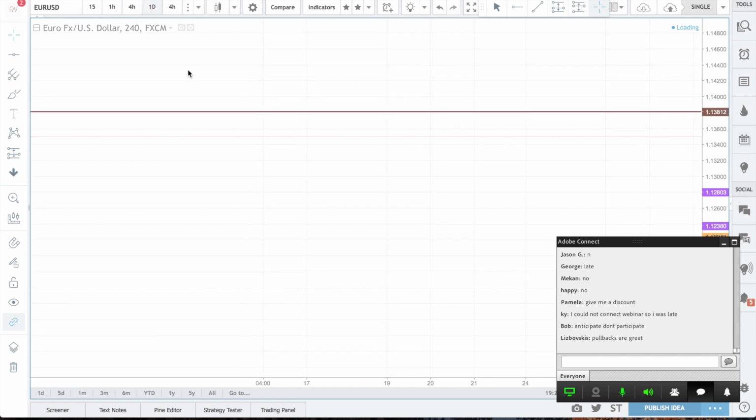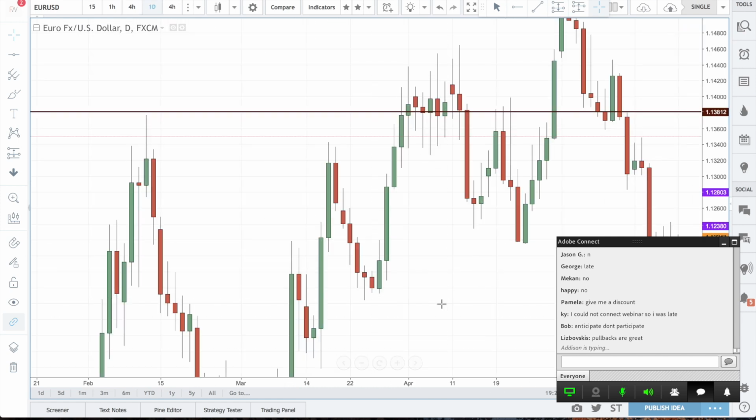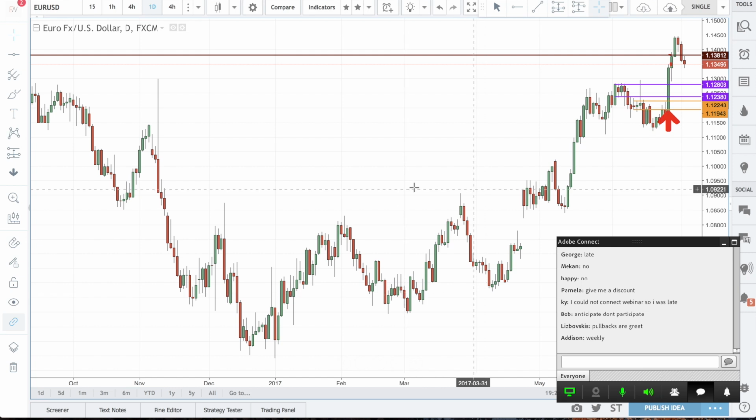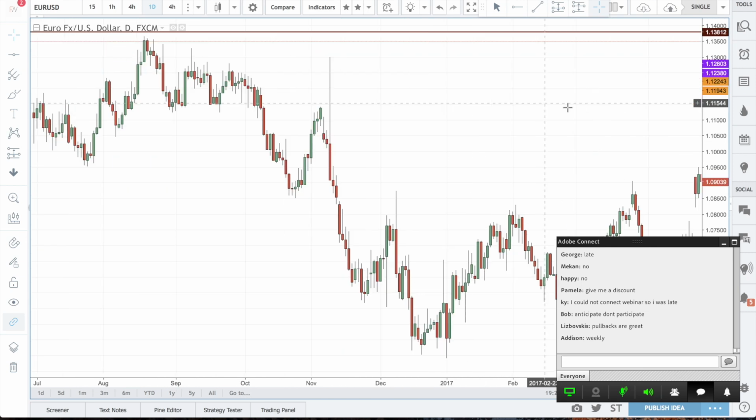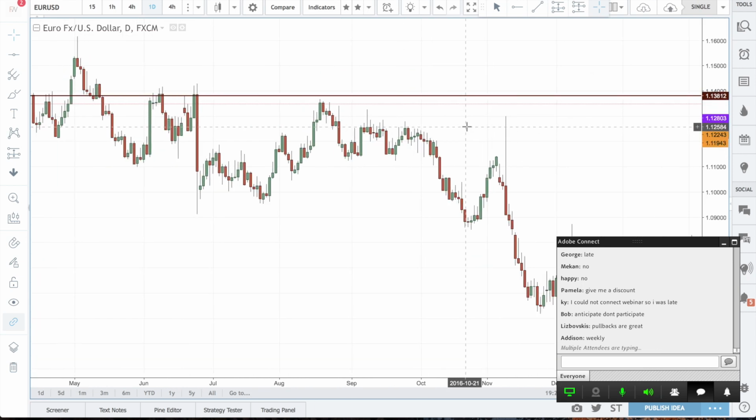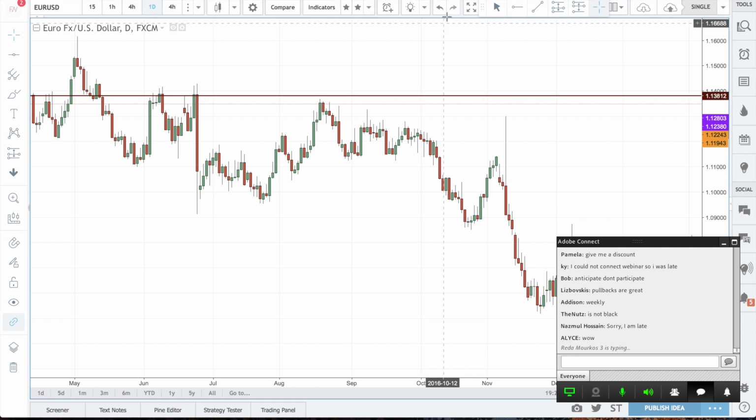Let me find one quickly through the daily. It's all the way up there. Okay, here we go. Notice that this is a range here, this whole thing. It's the top of a major range here. So price is reacting from that. But we don't care if it reacts from that.